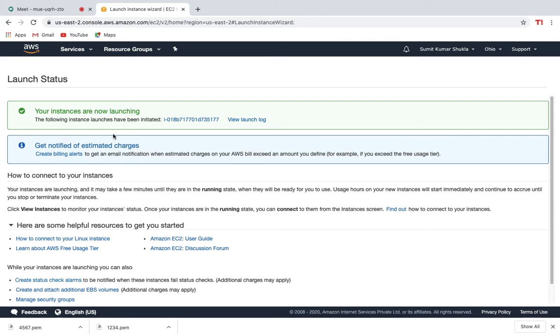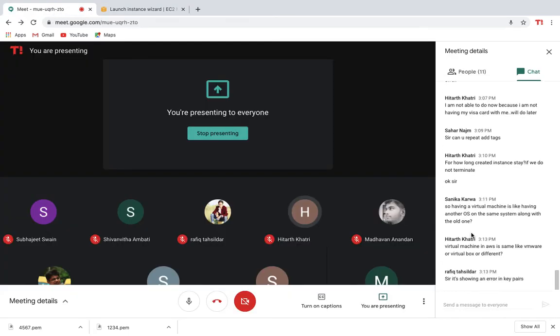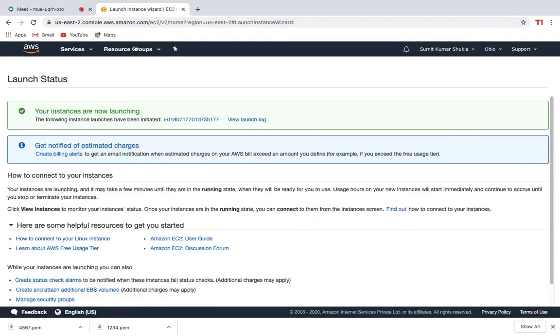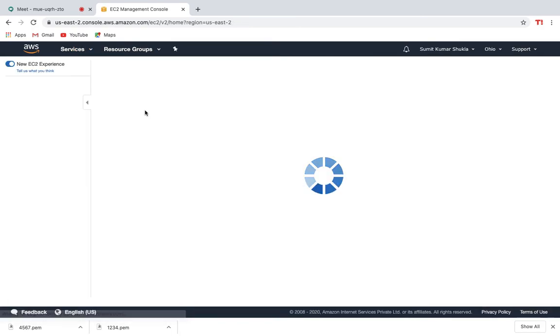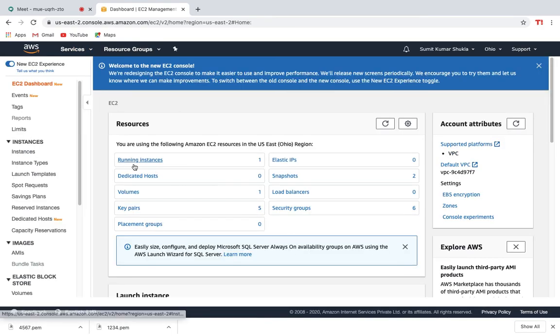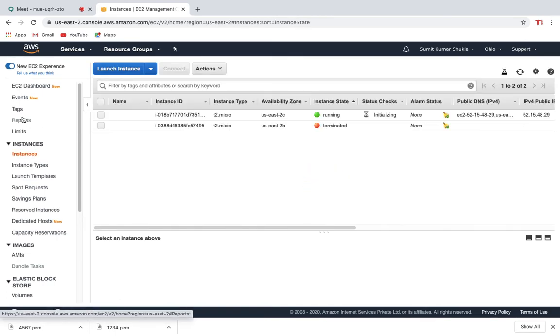Yep, good to go. Done. Errors. Okay, let's see what we are getting in these errors. EC2, instances. And this is not running, it's initializing, waiting for it.